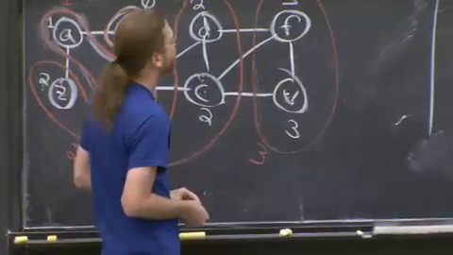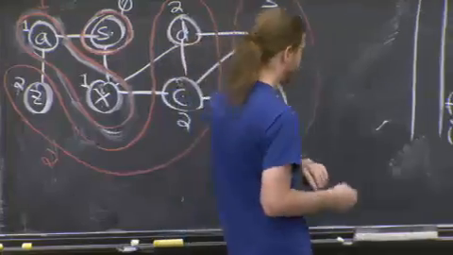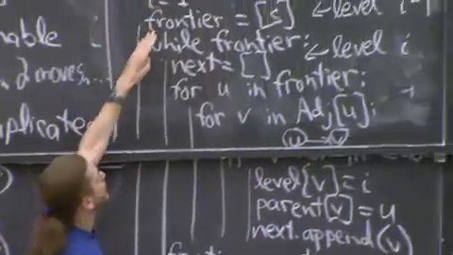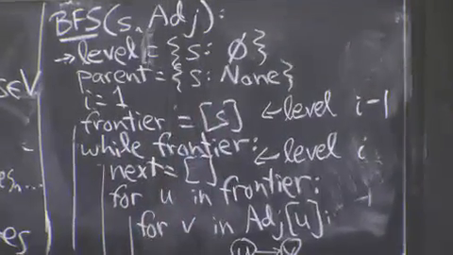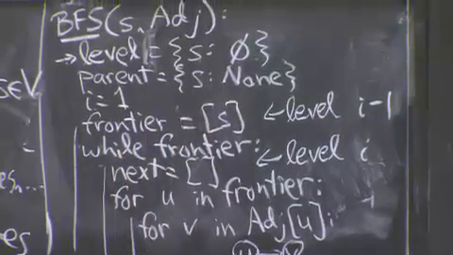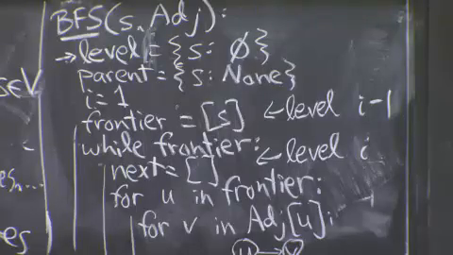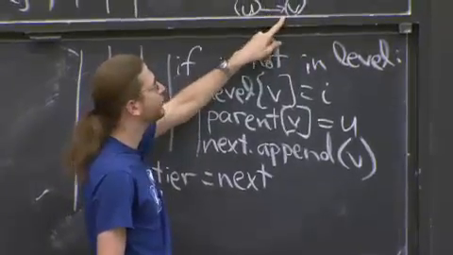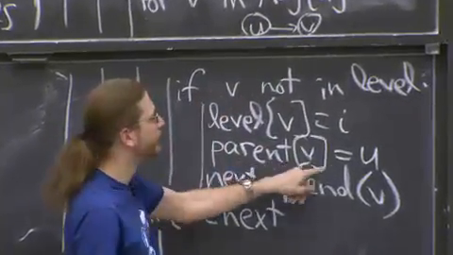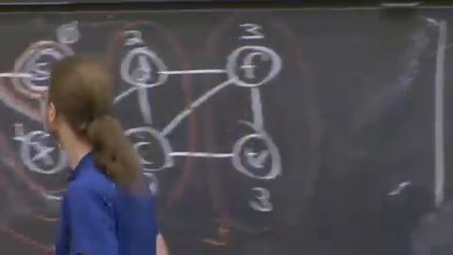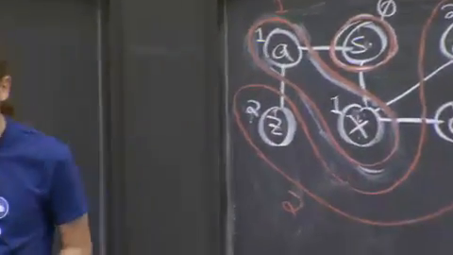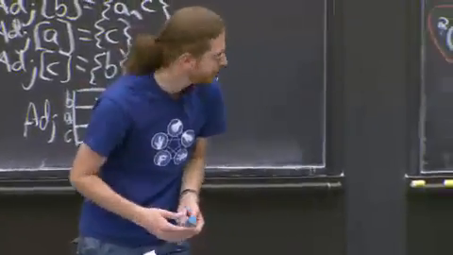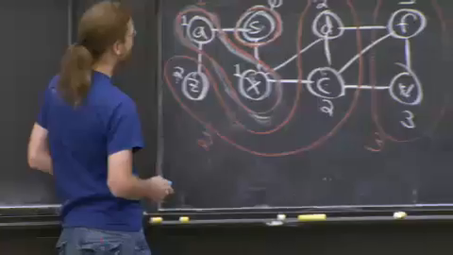OK, I didn't talk about parent. We can do that a little bit. So parent, we're initializing to say parent of S is nobody. And then whenever we visit a new vertex V, we set its parent to be the vertex that we came from. So we had an edge to V from some vertex U. We set the parent of V to be U. So let me add in what that becomes. I'll change colors yet again, although it gets hard to see any color but red.